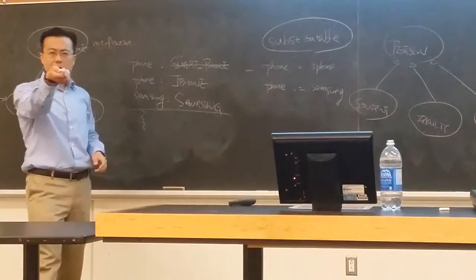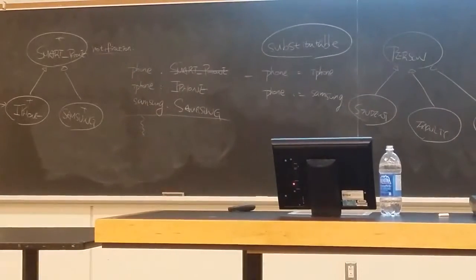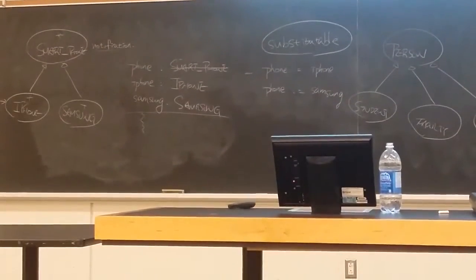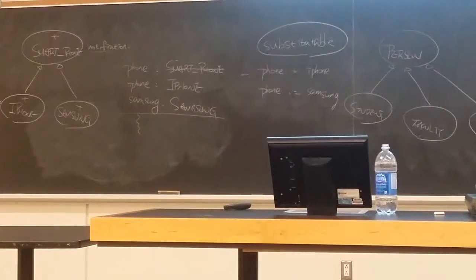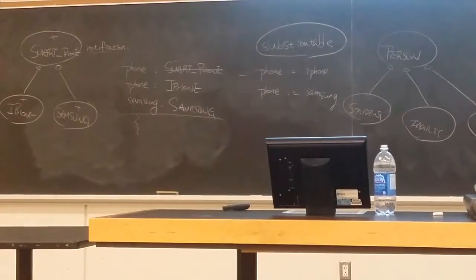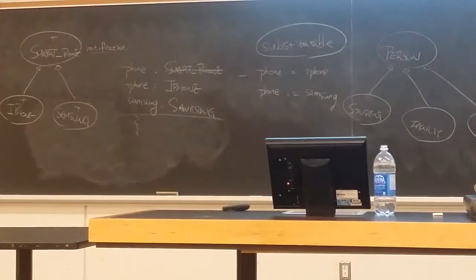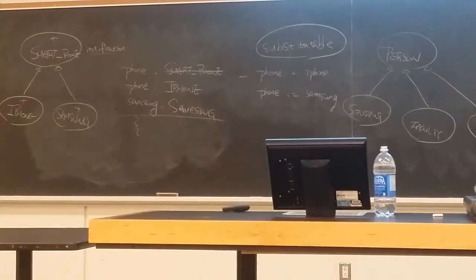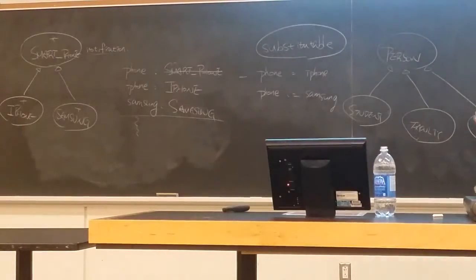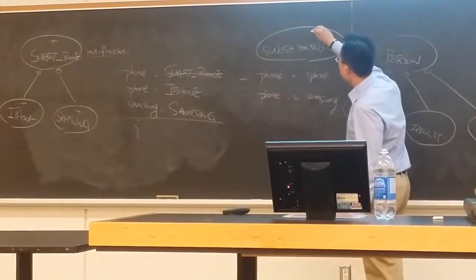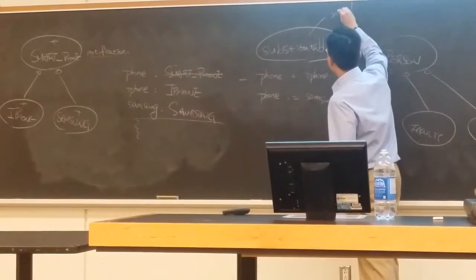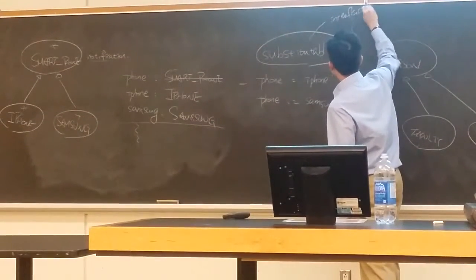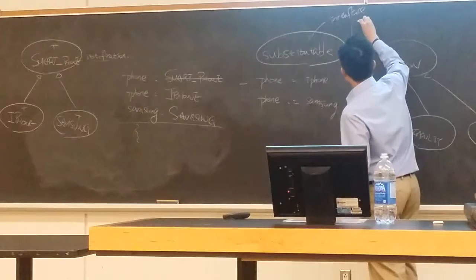Okay, did you have a question? Yes. Substitutable is only concerned with public features. But for the private ones, because they are not visible in the contract view, they are not of our concern. However, if somehow the private features affect the behavior of the public features, then you have to worry. Okay, that's a good concern actually. So substitutable only worries about the interface of your parent class and child classes,